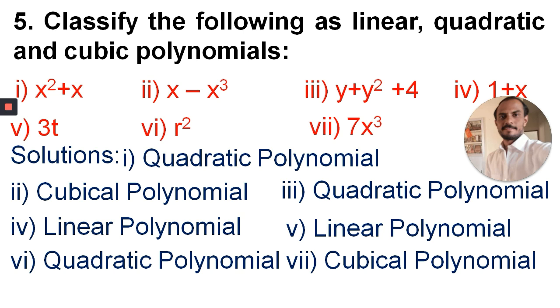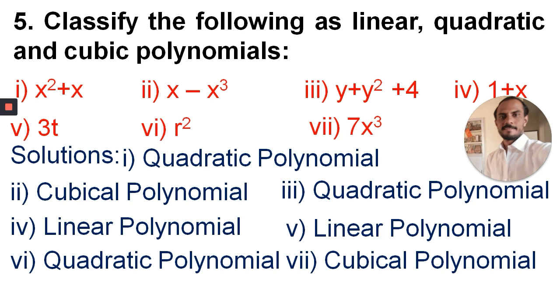See both the terms, x square plus x. x is the variable here. One exponent is 2, one exponent is 1. The highest one is 2. Then what about its degree? 2. If the degree is 2, then we have to say that it is definitely a quadratic polynomial. See, here the answer is quadratic polynomial because its degree is 2, students.